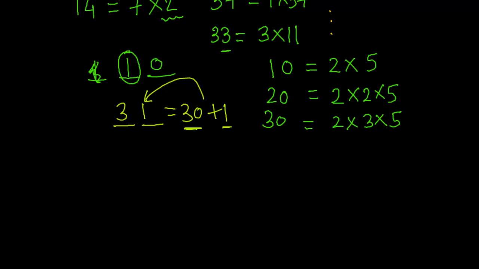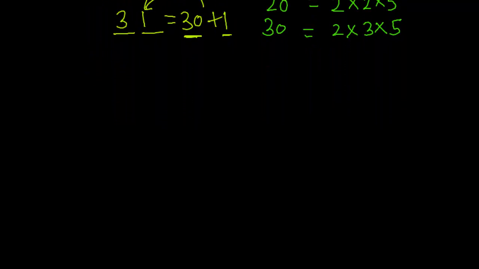Now let us talk about 4. Let us talk about number 4. That is, 2 square is 4. Now the method to know the divisibility by 4 is, for any number, let us say 124, if the last two digits are divisible by 4, then the entire number will be divisible by 4. So here 24,